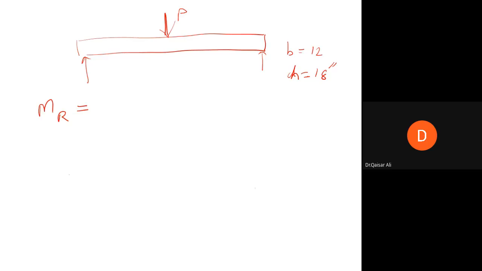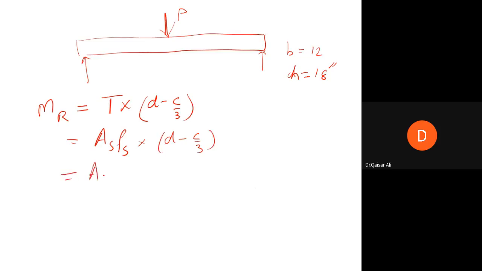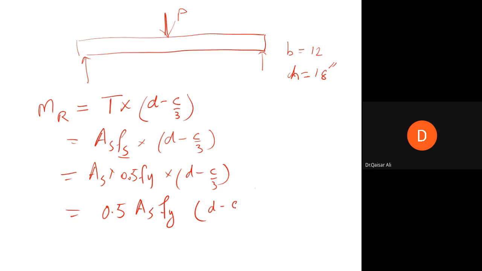MR स्टेज पे क्या है? MR is T into D minus c by 3, small c by 3, और T है AS FS के बराबर। और FS हम पहले डिस्कस कर चुके हैं कि FS is equal to 0.5 FY। तो ये क्या हो जाएगा? 0.5 AS FY इंटू D माइनस C by 3। ये MR की वैल्यू आ जाएगी स्टेज नंबर 2 पे।